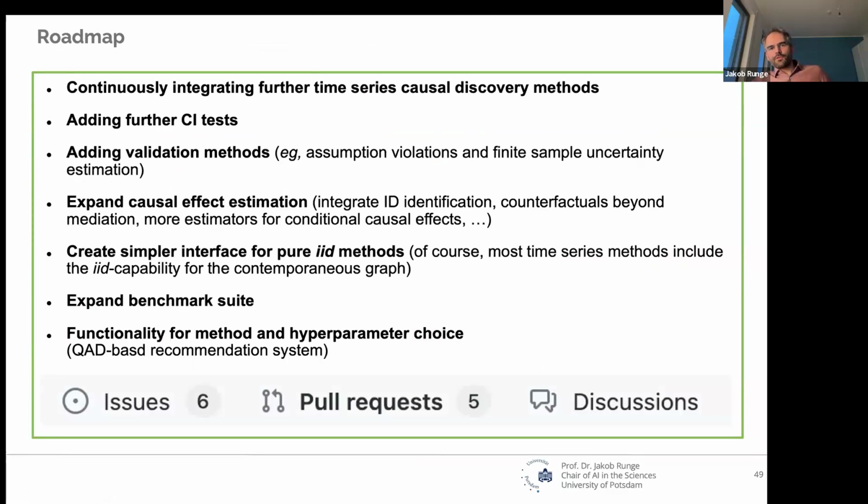So if you don't have ground truth, then what you can do in constraint-based methods, what I've implemented, is bootstrap repeated computations of causal discovery algorithms. So in the end, you get basically 1,000 graphs, and then you can do a majority vote and take that as your final graph. Of course, there are challenges with that. It also gives you how many of the bootstraps this link exists in, and so far this is just numerical.